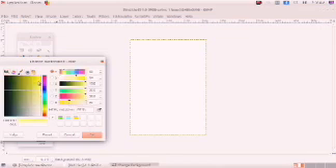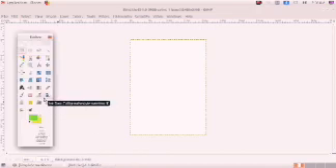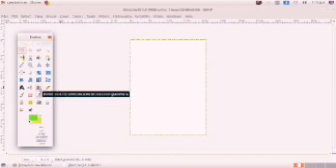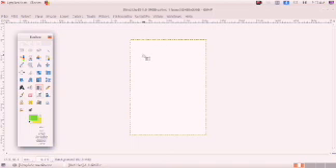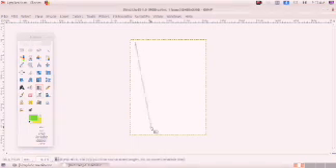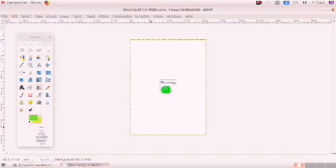Okay. To apply this color to the canvas, we have another tool, that is the blend tool. Click on that tool and drag through the canvas. Now we get the colorful canvas.